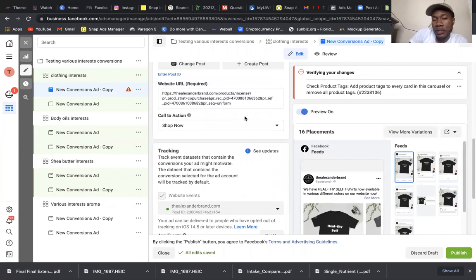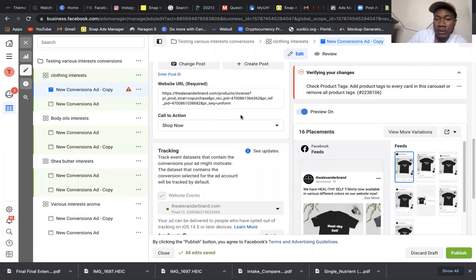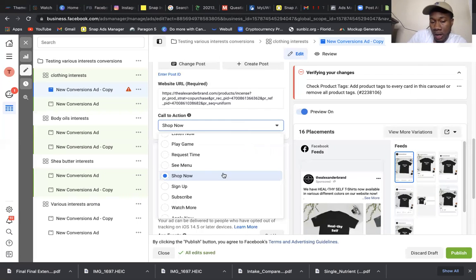Then, of course, put whatever link you want to redirect to. If you're not using a link, then click whatever video you want to go to. This is only for website conversion. So for those who are selling products, this is showing you how to set up. Put in whatever your product is, copy that link, put it in there, and you're also going to put a call to action.